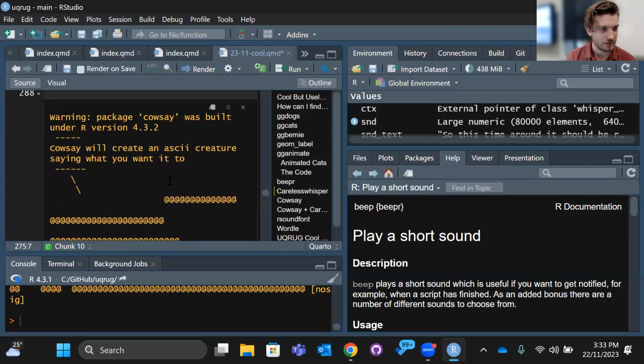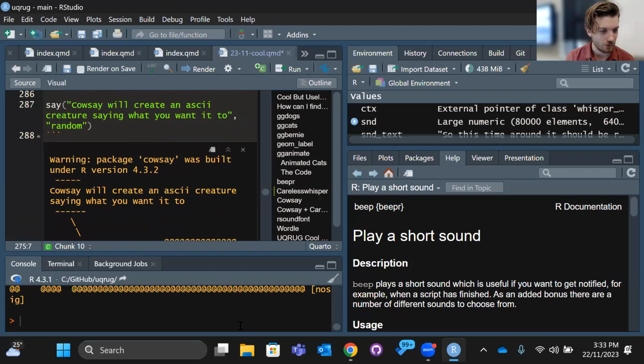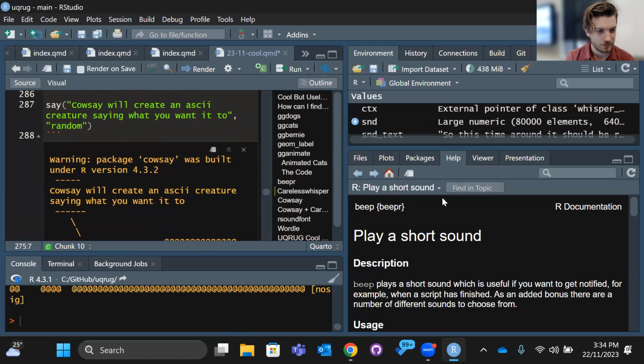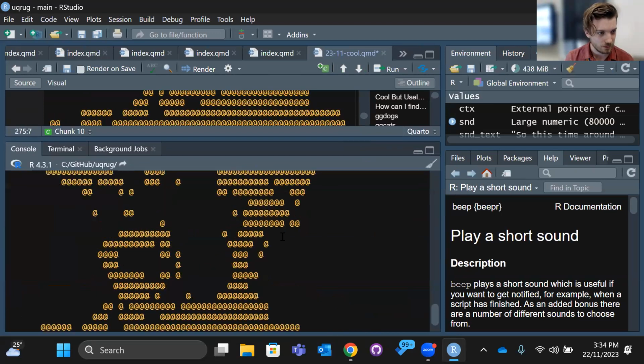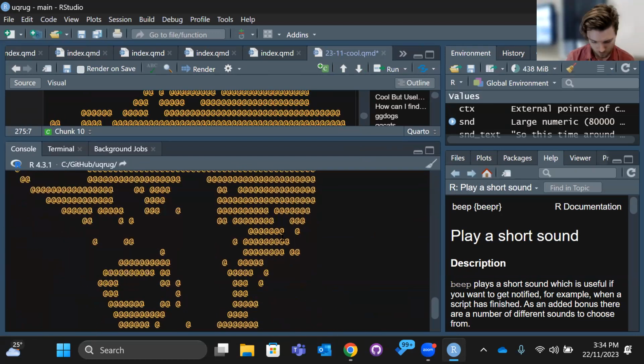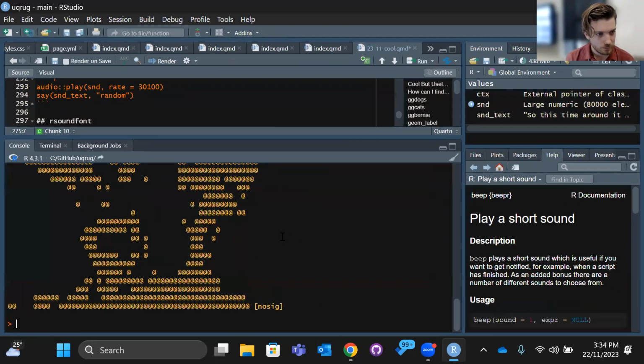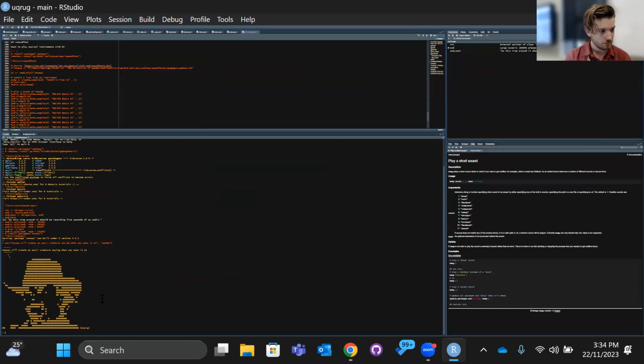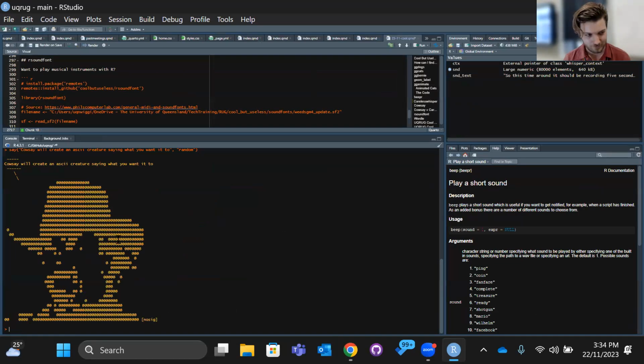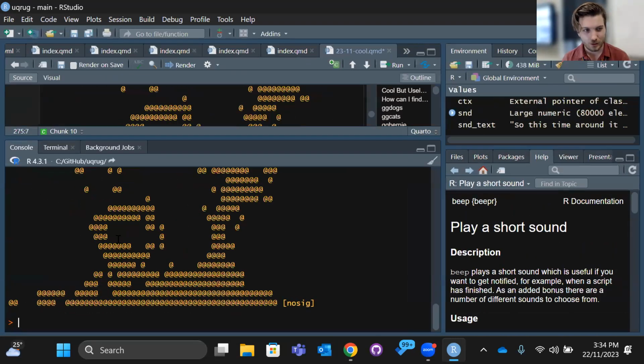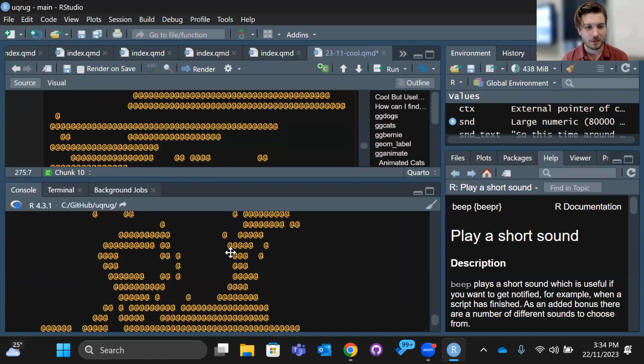I'm going to run this again because that random option, I don't know what it has actually given us. Potentially, I'm too far zoomed in. Oh, yeah, you're too far. That's a cowboy. There you go. A weird looking cowboy, though. It looks like a cowboy, but maybe like a mean cowboy or something.